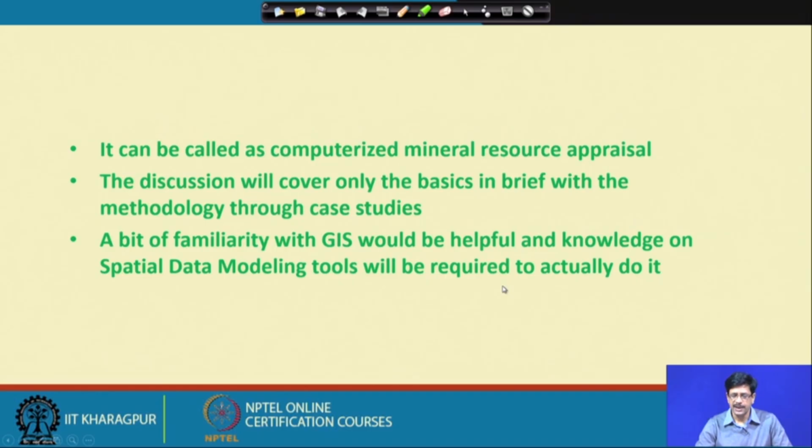So it can be called a computerized mineral resource appraisal, and we will be restricting ourselves to only the very basic idea about this concept. Although it requires familiarity with geographic information system, this discussion would be made in a way that there would be no need to get into the fundamentals. But geographic information system as a tool is very essential in any kind of work which involves mapping and analysis of data acquired with respect to space,